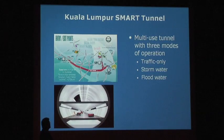This is a very interesting project in Kuala Lumpur, a multi-use tunnel. It was a large diameter. I don't recall the diameter. 13 meter diameter. The tunnel is intended to provide a traffic tunnel, as well as in the bottom is a typical stormwater runoff, but during monsoon seasons they were actually getting inundated and causing massive flooding, and the tunnel can be used, in fact, to deal with floodwater runoff and divert an enormous amount of water to prevent flooding in sections of the city that had occurred